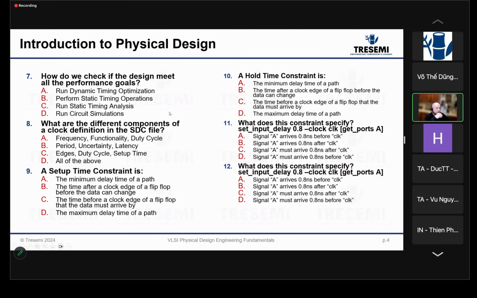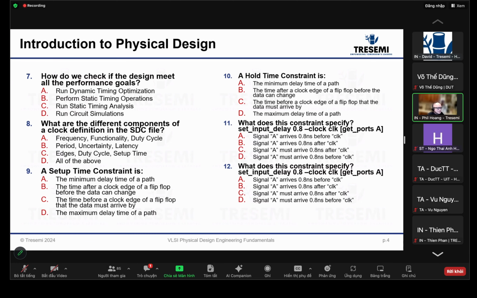how do we check if the design meets all the performance goals? A, run dynamic timing optimization. B, perform static timing optimizations. C, run static timing analysis. D, run circuit simulations. Please type in your answer. And then TAs will tell me the majority. All right. The correct answer is C, run static timing analysis, because that's the